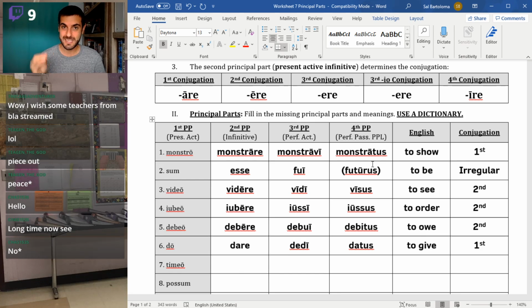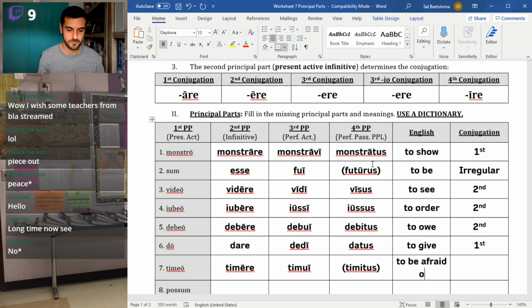Timeo, with that EO, right? That's making me think second. So timeo, timere, timui. Most dictionaries are not going to put a fourth principal part. Sometimes they'll fill this in, timitus, but again, I'm putting it in parentheses because sometimes you see it, sometimes you don't. Timeo means to be